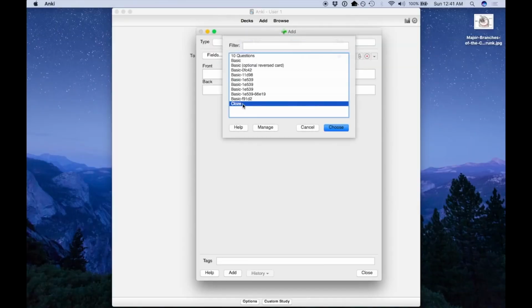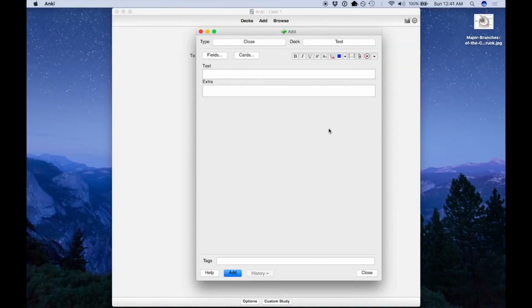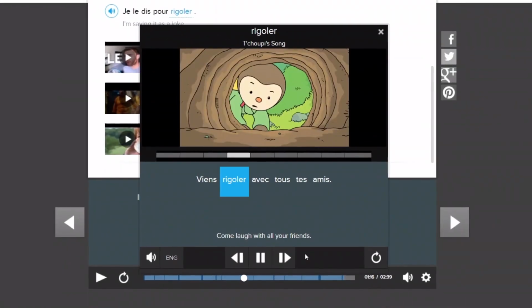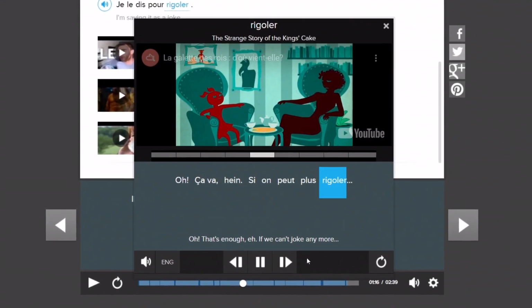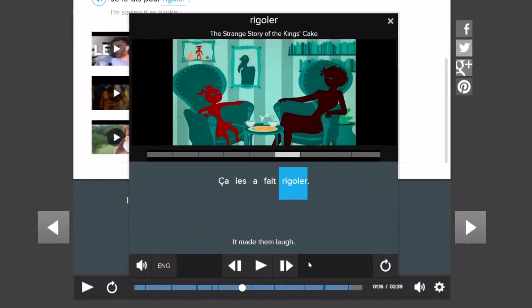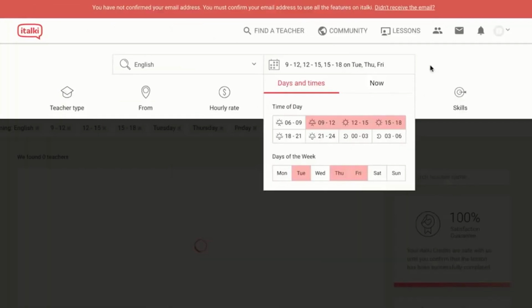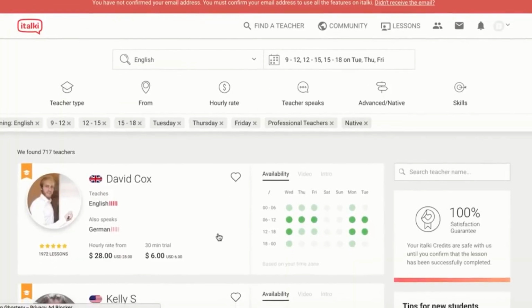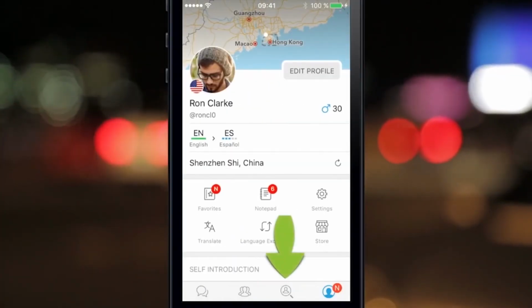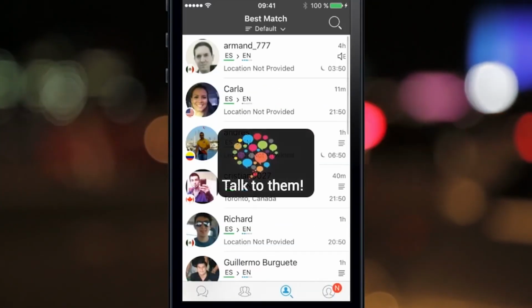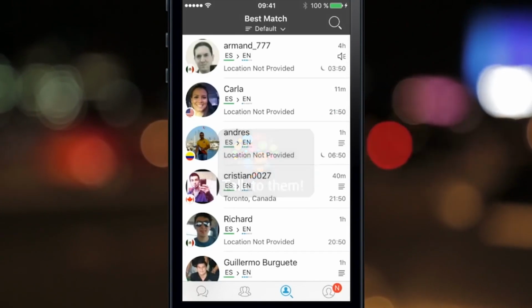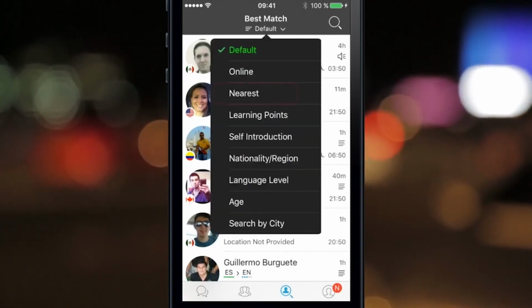For review, I'd rather use Anki, which I can customize with full sentences. For lessons, I'd rather use FluentU, which teaches languages through movie clips and YouTube videos. For video call lessons, I'd rather find a tutor through Preply or italki. And for community, I'd rather use an app like HelloTalk or Tandem that connects me with native speakers for real, substantive conversations. But as a one-stop shop for straightforward lessons, Busuu gets the job done.